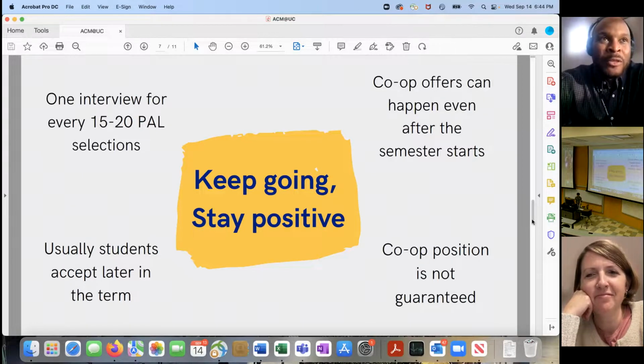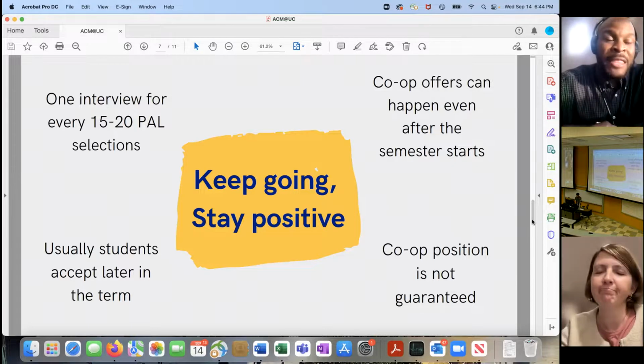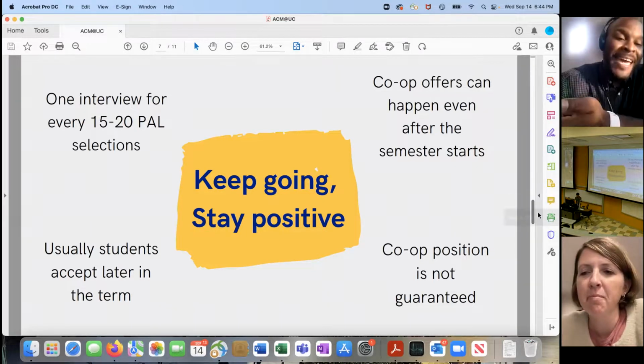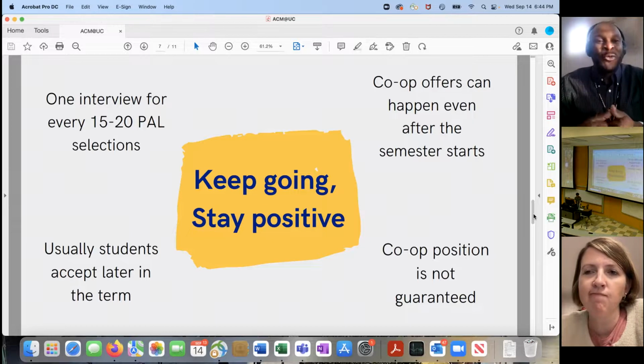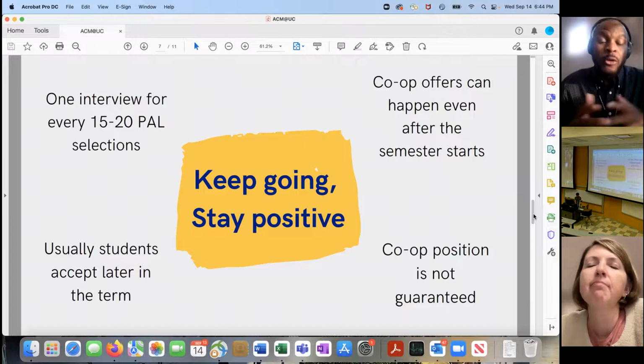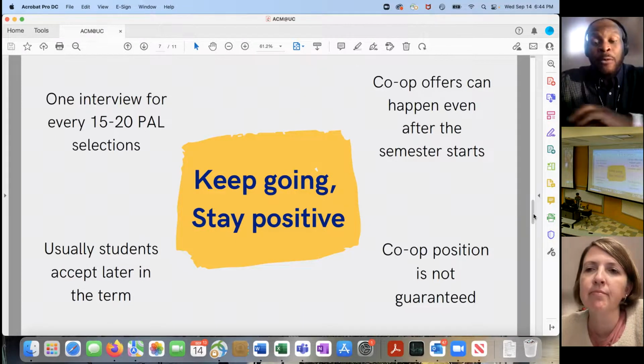Understand that even with your best interviews, sometimes someone beats you out for the opportunity. But don't internalize that. Don't make that a measure of who you are. It's just that opportunity didn't materialize, so continue to keep a diverse approach towards finding that next opportunity.